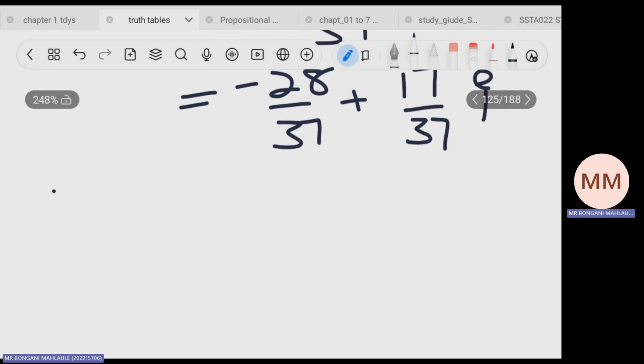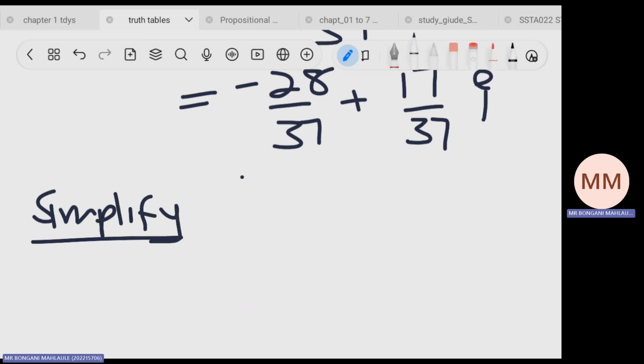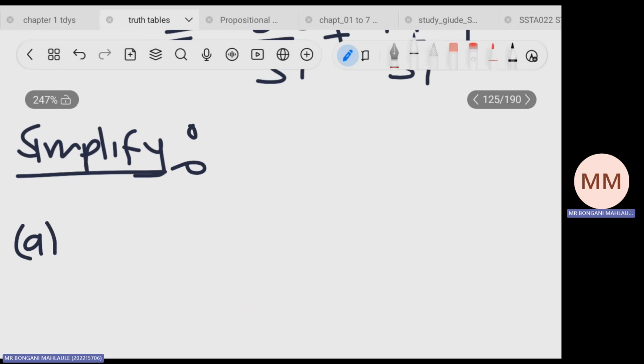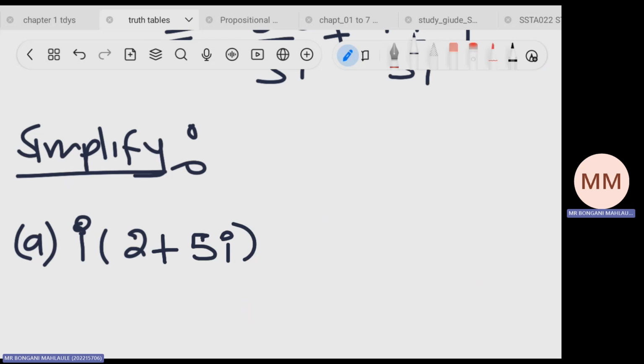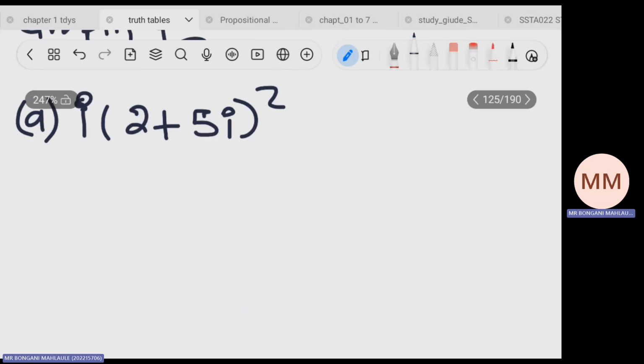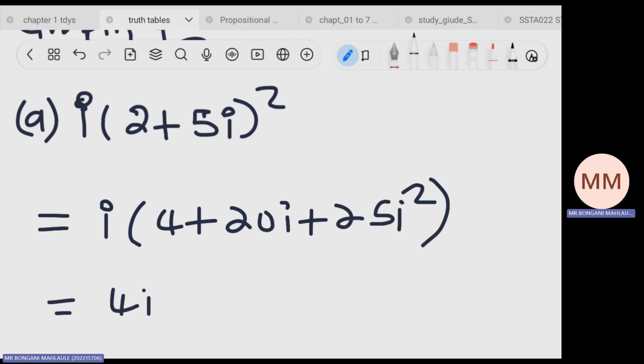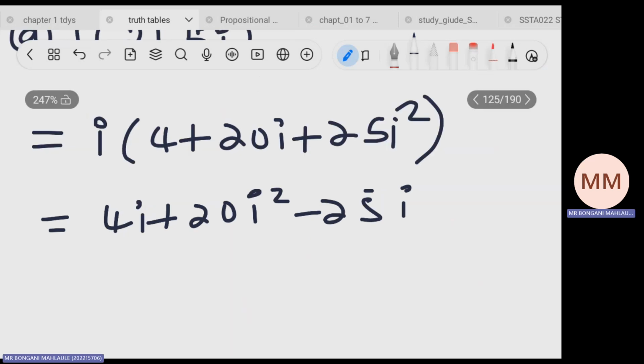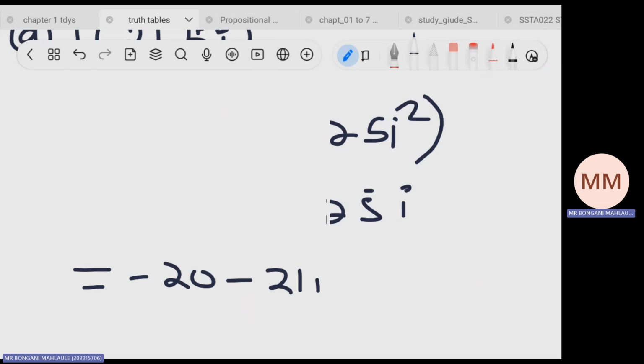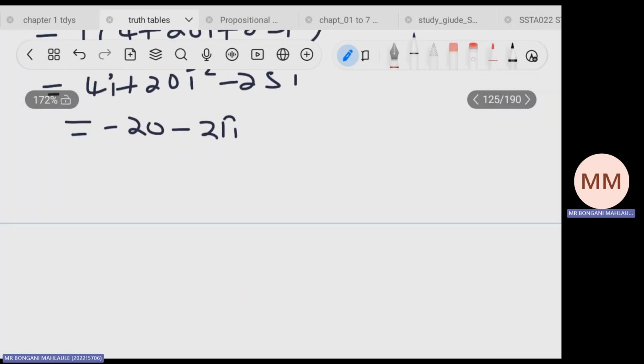Suppose they say simplify the following: 2 plus 5i all squared. This will be 4 plus 20i plus 25i squared. And then you simplify this. Then this will be negative 21 plus 20i. Right. Then b,